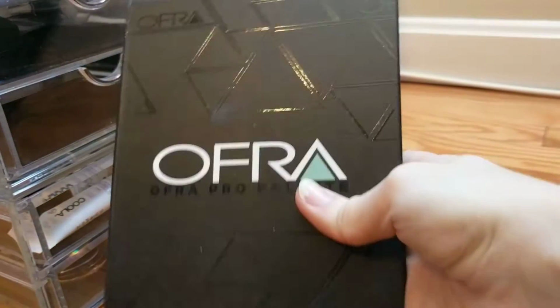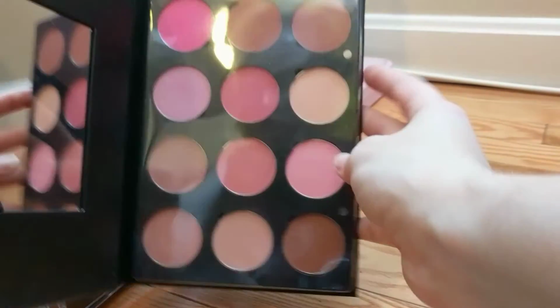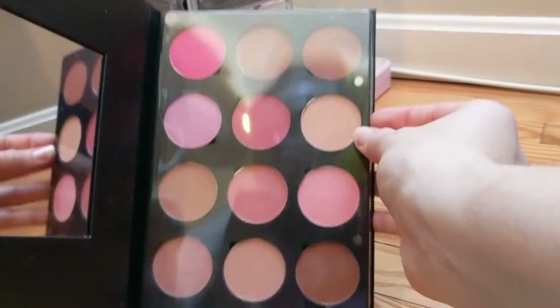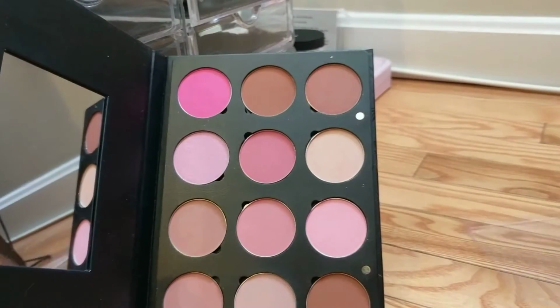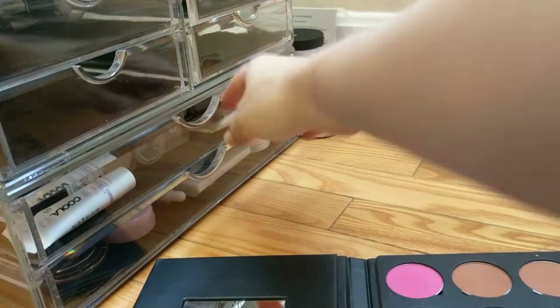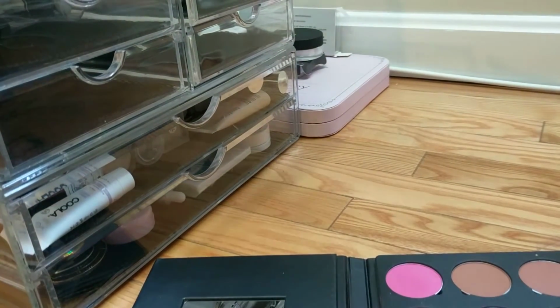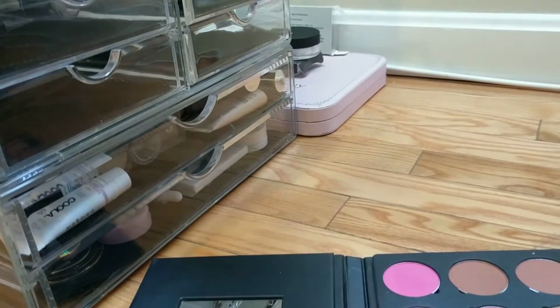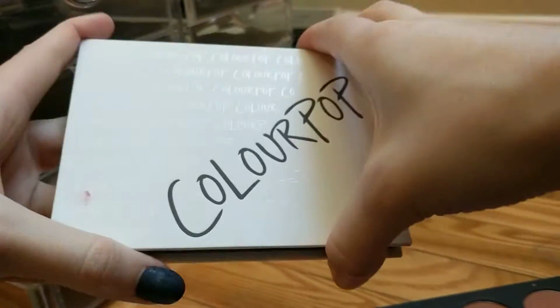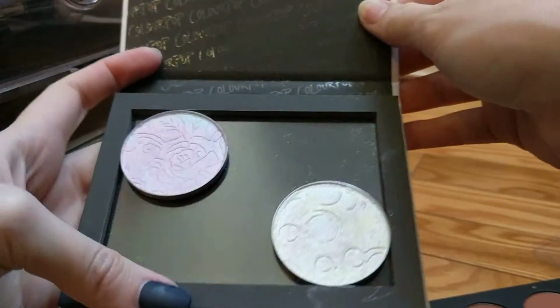I have been wanting to bring in this Ofra blush palette for a while, but it's just got so much stuff in it that I find it very difficult to actually use it cohesively. So this is what I'm going to do. I'm going to take this, oh, it's not in there. Where did it go? Oh no. Oh, it's in here. I'm going to take this ColourPop Blank palette, which has two Bitter Lace Beauty highlighters in